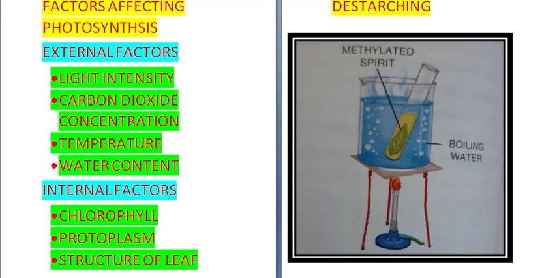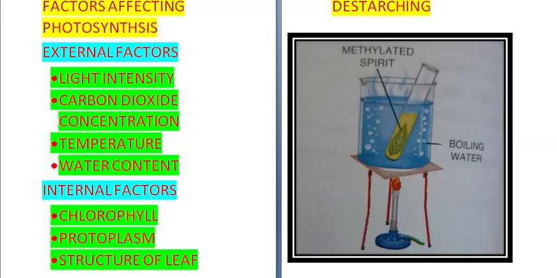Scarcity of water can reduce the rate of photosynthesis. So the water content matters, because water is needed for production of glucose, and the scarcity of water is due to reduced absorption from soil or due to excess of water lost in the process of transpiration. So water is an important criterion. Only 1% of water absorbed by the roots is utilized in the process of photosynthesis.